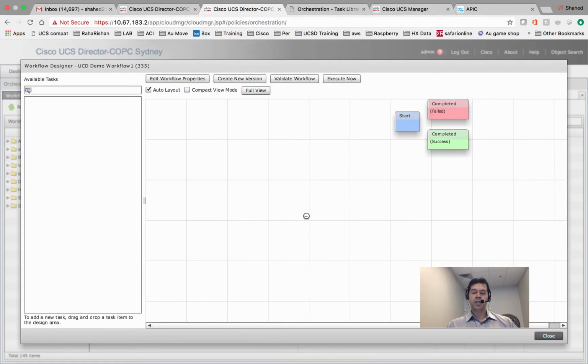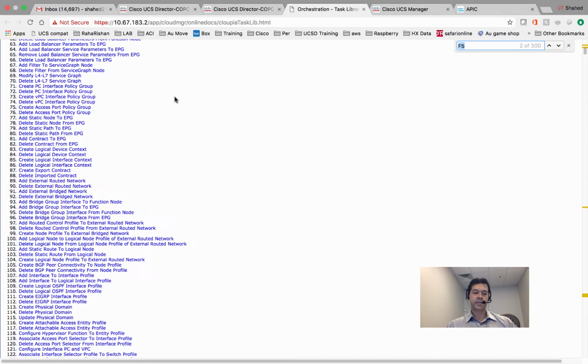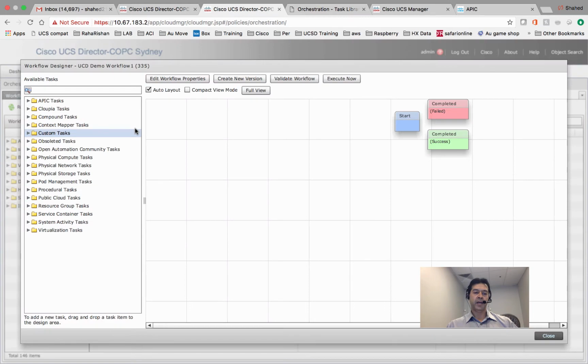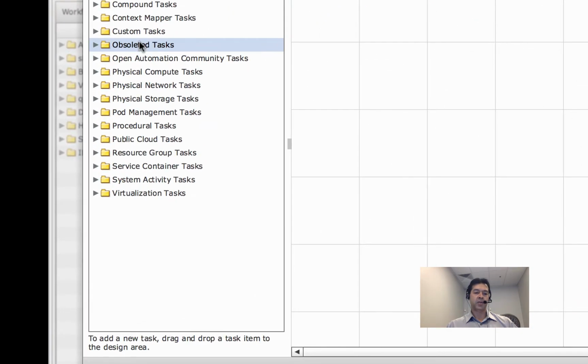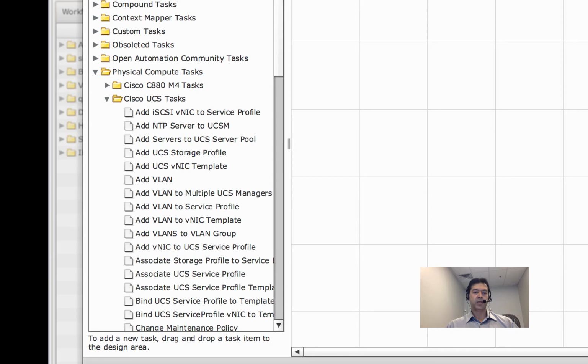As soon as you're done, there's a nice painting spot, a graphic canvas here. So you're going to add all the tasks I showed on that task list. These are available here, categorized by what you're trying to do and which technology. So for UCS, there is one. It's so big, it's physical compute. Then you can go to the UCS tasks, or you could also search